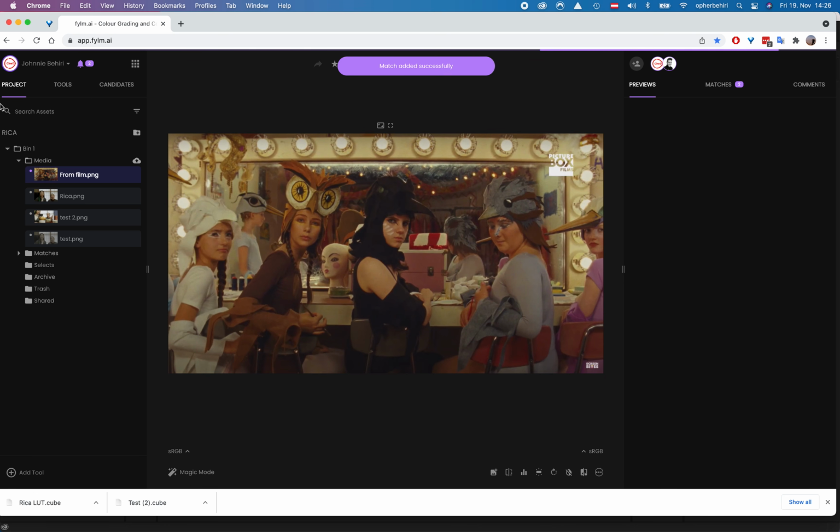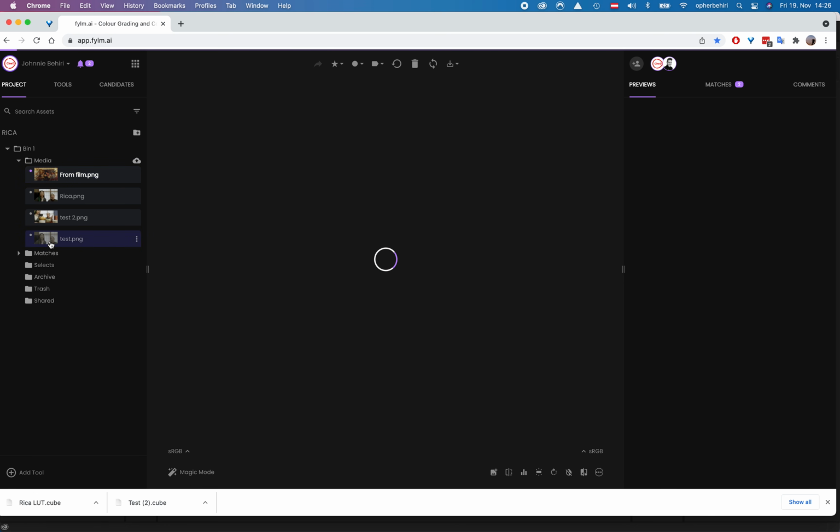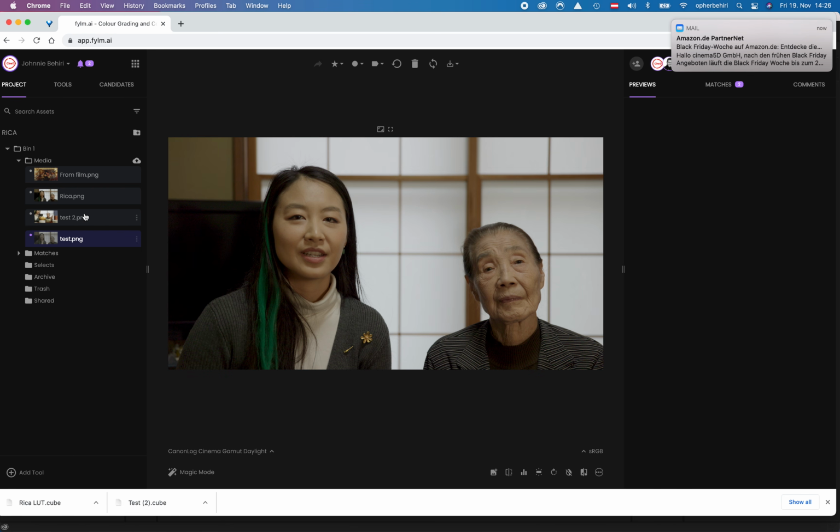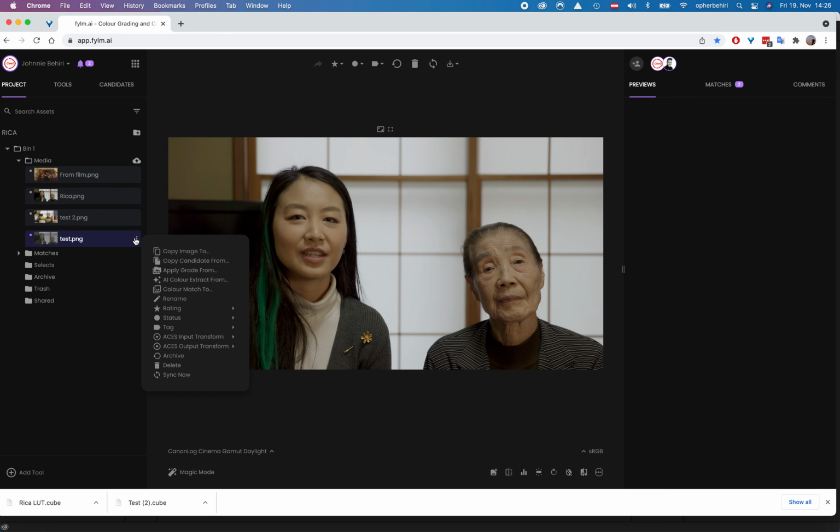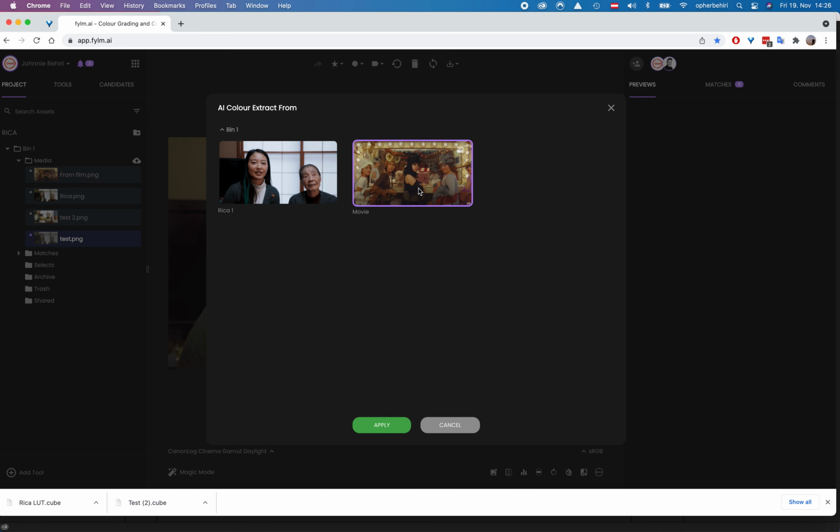Saved it. And then I will go again to Rika and her grandmother. This is the flat picture profile after I applied the correct Rec 709, and I will go to AI, and I will click on what I want, and I do apply.